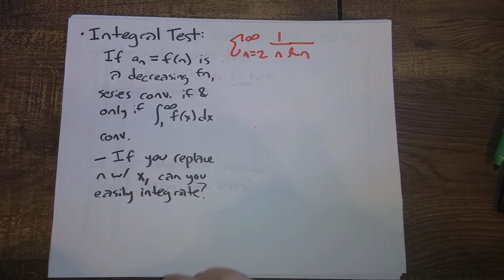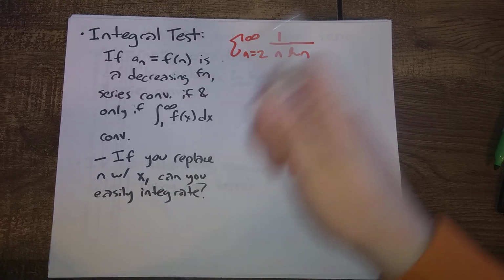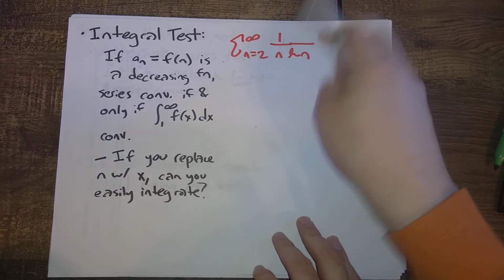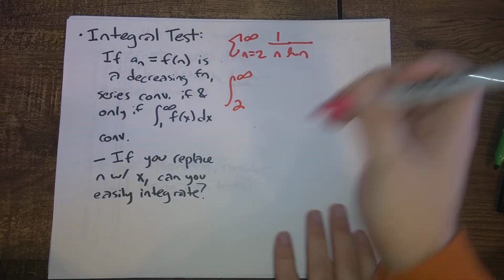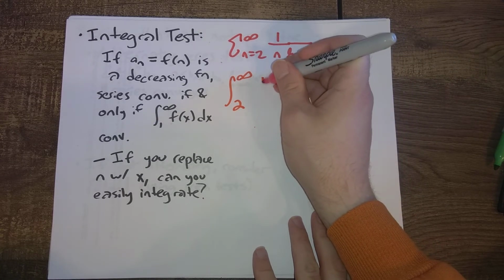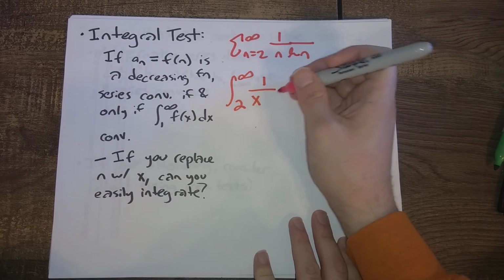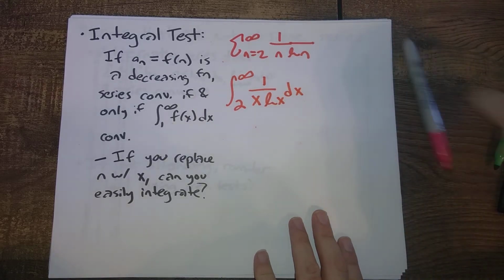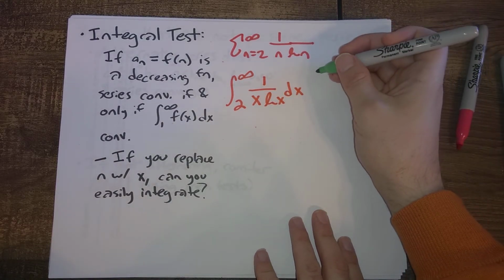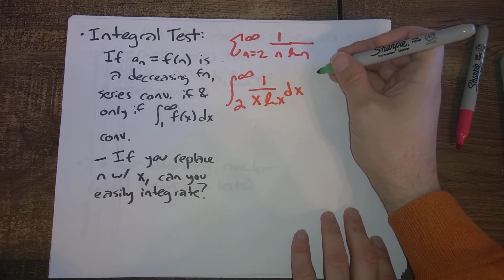So this would be tricky to do with the other series tests we've looked at. Nothing would really say one way or the other. But this is a decreasing function. It's continuous. Everything is checking out here. And so if we think about the integral from 2 to infinity of 1 over x times natural log of x, this is easy to do with